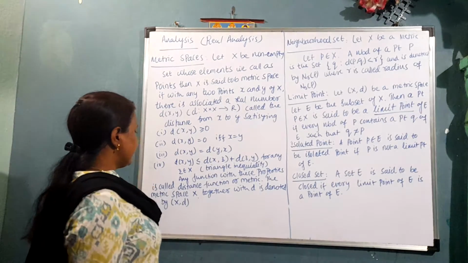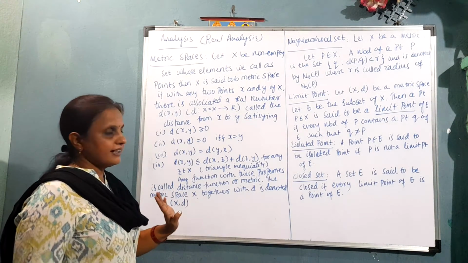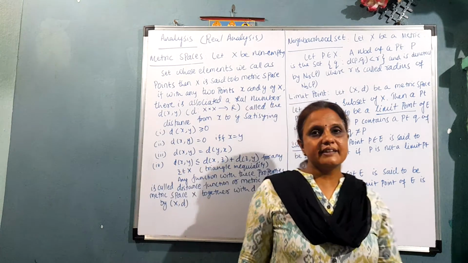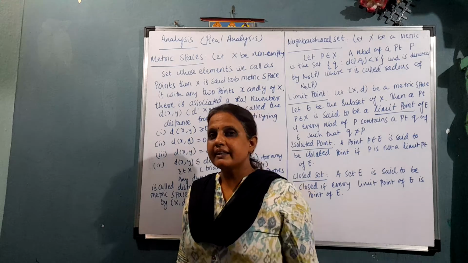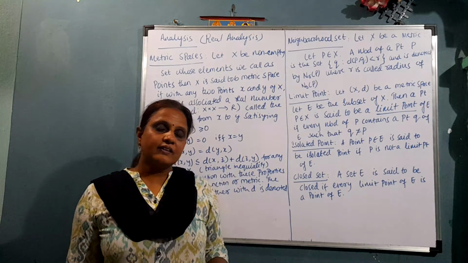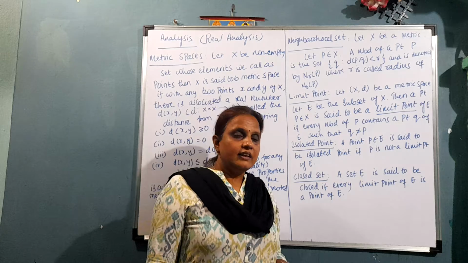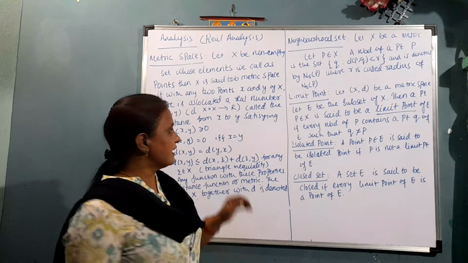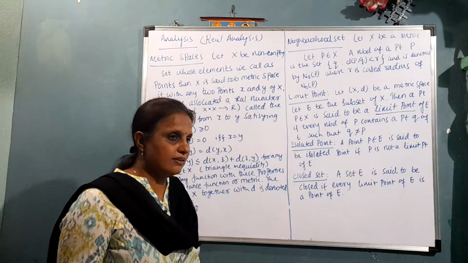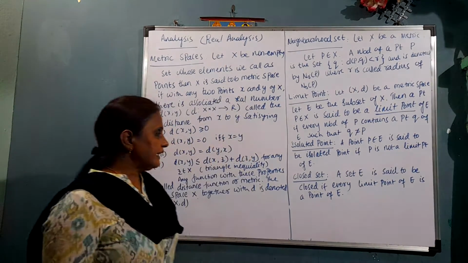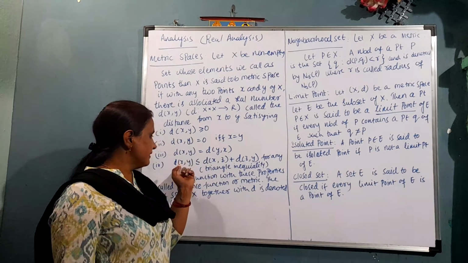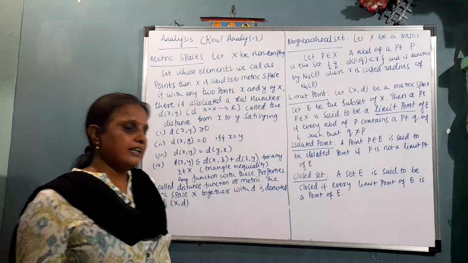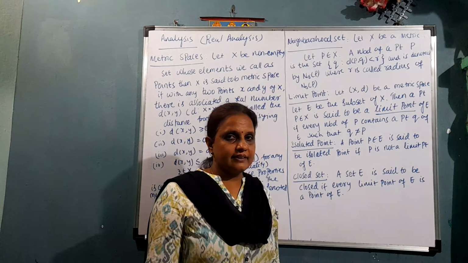So generally we can write this as (X, d), or simply we can write it as X. That is, if we are having a non-empty set, and on that set a metric is defined, a metric is nothing but a function defined on a cross product of X such that it satisfies four properties. One is positivity, another one is if d of xy equal to 0, then x equal to y. Third is d of xy equal to d of yx, and d of xy is less than or equal to d of xz plus d of zy. Then (X, d) is called a metric space.